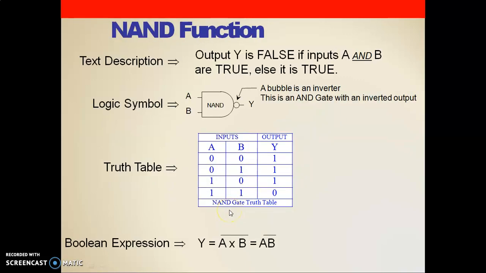Okay. This is the truth table for the NAND gate. The Boolean expression shows Y equals AB with a bar, which shows that the NAND gate is nothing but the complement of the AND function. Whatever the outputs of the AND gate, after inverting them, we get the output for the NAND gate.